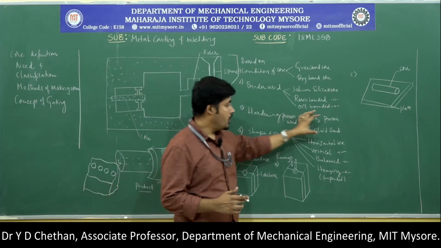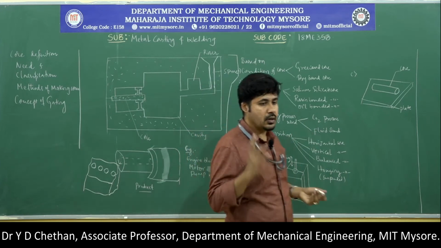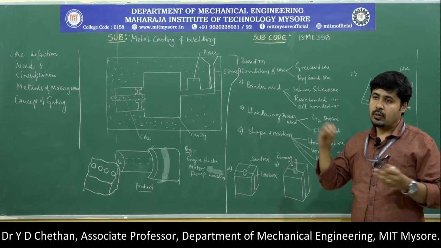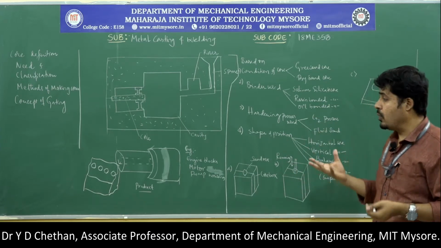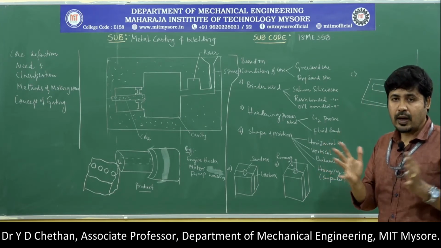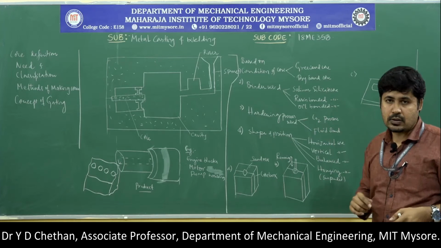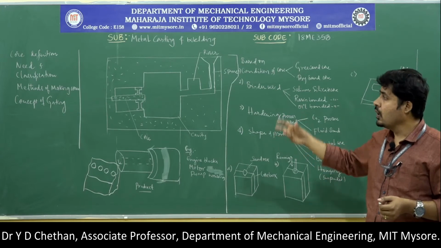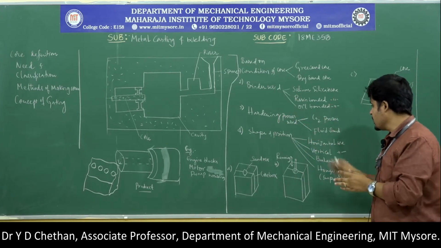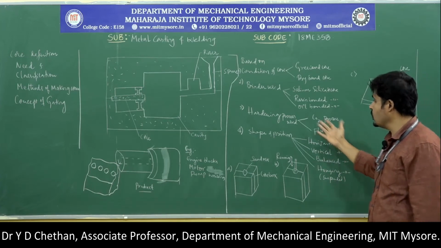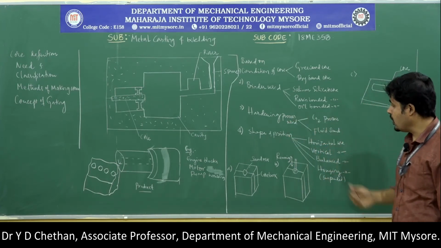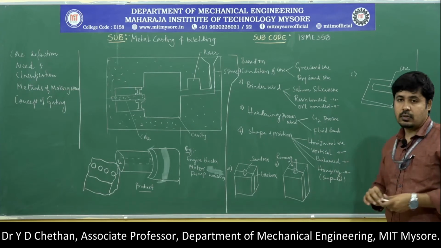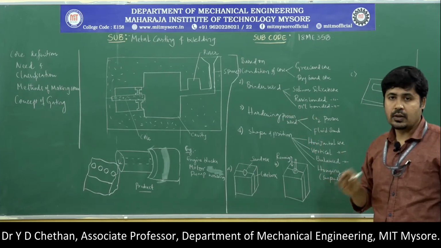The next one is the hardening process used. Here, in carbon dioxide molding techniques, we have discussed the chemical reaction that leads to the formation of gel. That gel is going to bind the particles associated with the mold box. The similar process is applied here, but we are manufacturing a core instead of a mold cavity. Similarly, the gel binds the particles, and that leads to the concept of the hardening process. Then the shape and position of the core, that is, how this core is placed inside the mold cavity, plays a role here.